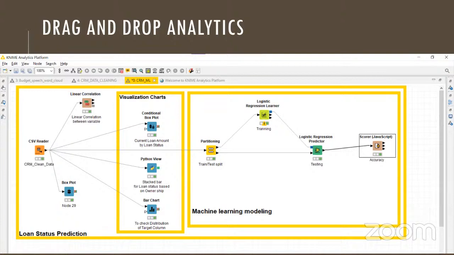It's literally drag and drop. You don't need to write a single line of code, and it will produce a bar chart. I can click on it and say, show me the chart, and it will show me the chart. So my point is that without any coding, you can do various kinds of data analysis. This is probably something not many people know about.